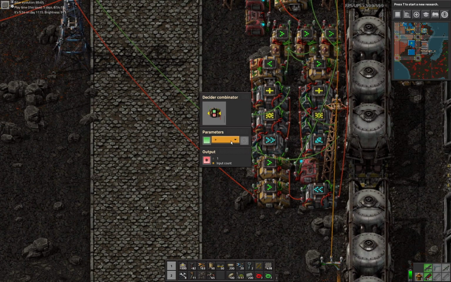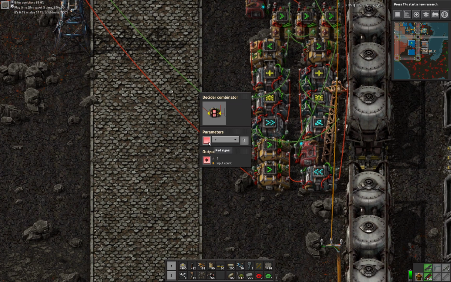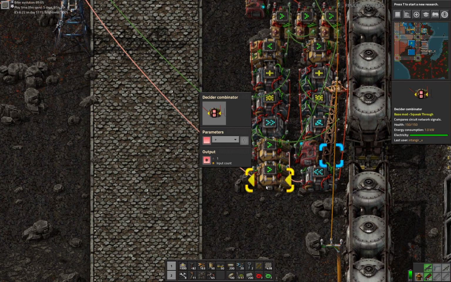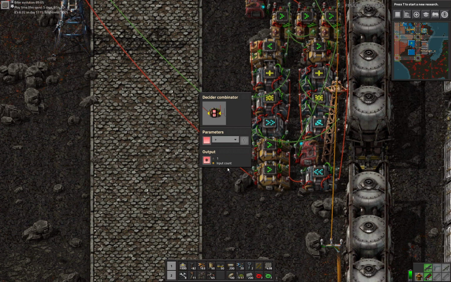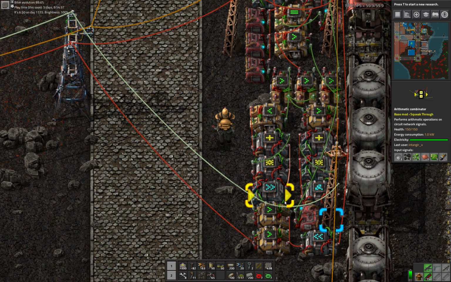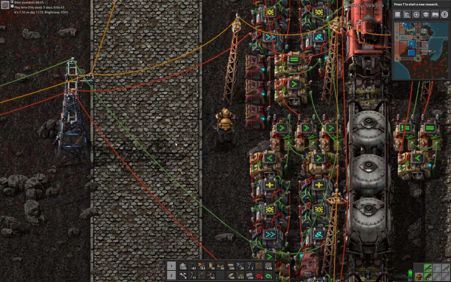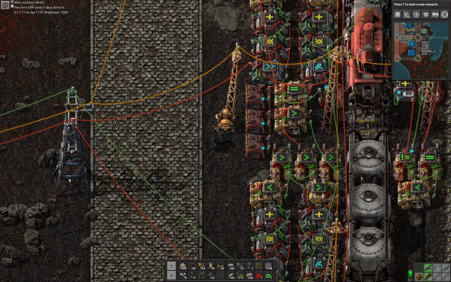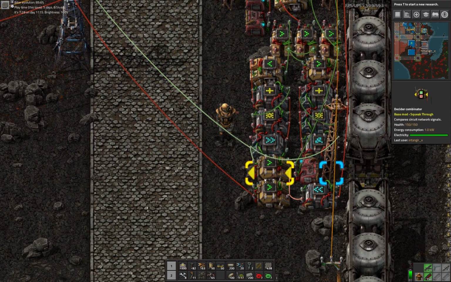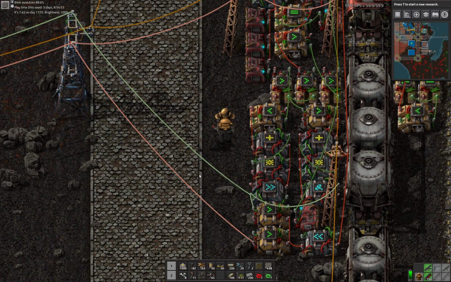Then I've got a test in here. If there's a green signal of any kind, then it's for demand, and it'll send it over this green wire. And if there's a red signal, that's a supply signal, and it'll send it over the red line. And it just sends it as is. We don't want to adjust these values at all. They're high word shifted, so they'll be something like 65,000 plus. And they go out onto the network, and then they come right back in. See, the red ones will come right back in over here. The green ones, they'll go back into the system right here. They share a line out to the big pole. But